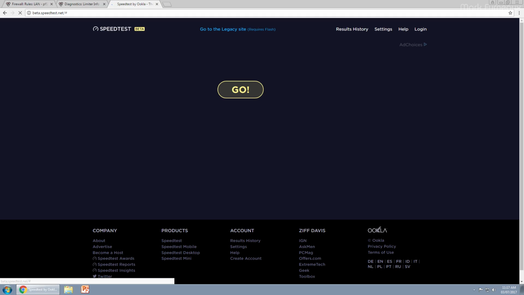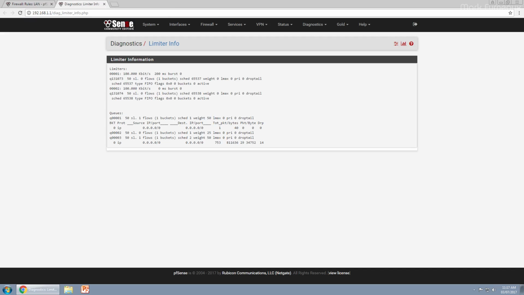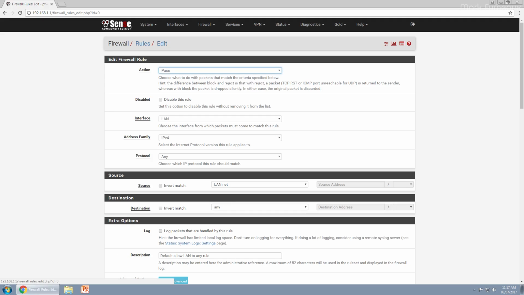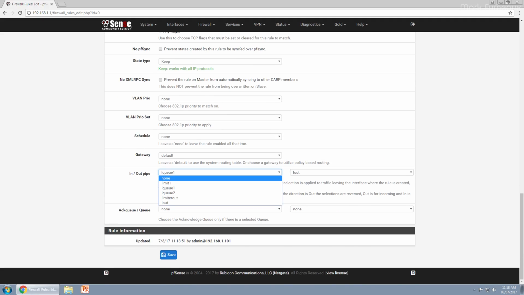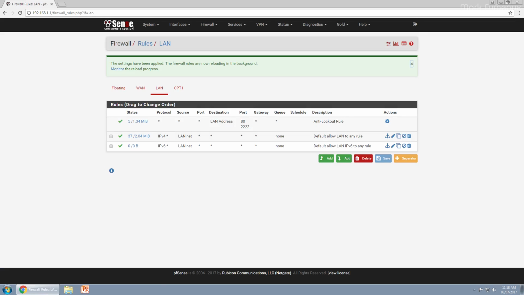So I don't even think I'm going to do this. I think you get the idea. It is working. So I'm just going to remove those limiters from this rule, just because it makes things a little difficult. Okay, so if you wanted to create your own rule that doesn't already exist, I would recommend creating